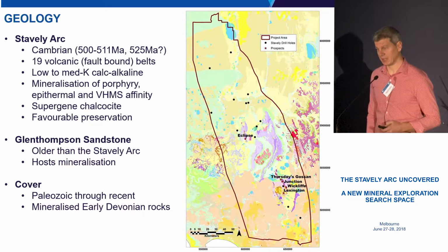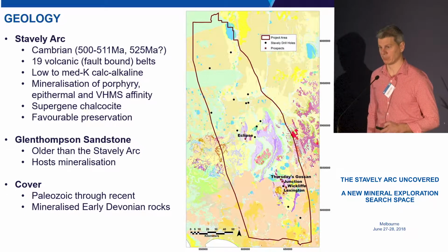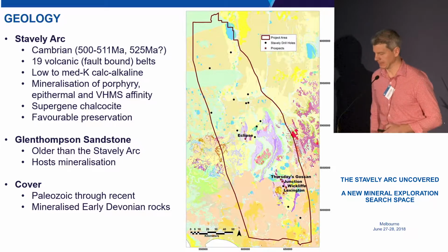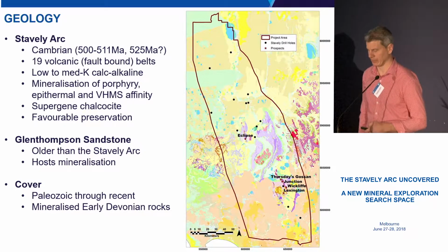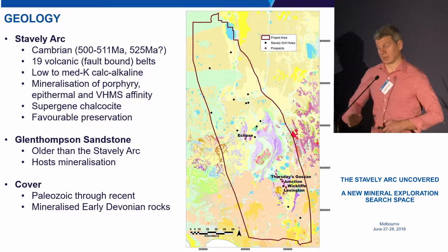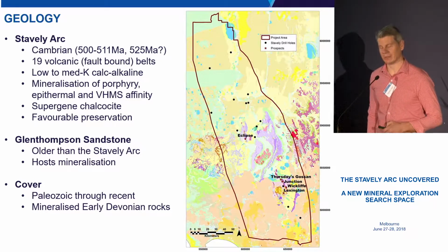The cover, as I said, dominates most of the area, and it varies from Paleozoic right through to the recent. I'm going to leave that to David Taylor to talk to about in a moment. It is important to note that some of the cover is only tens of metres thick. You've also got early Devonian rocks which have precious and base metal affinities associated with the early Devonian intrusions, but also the Rocklands rhyolite to the west of the area. Where those, as touched on before, are quite poorly exposed and very limited,